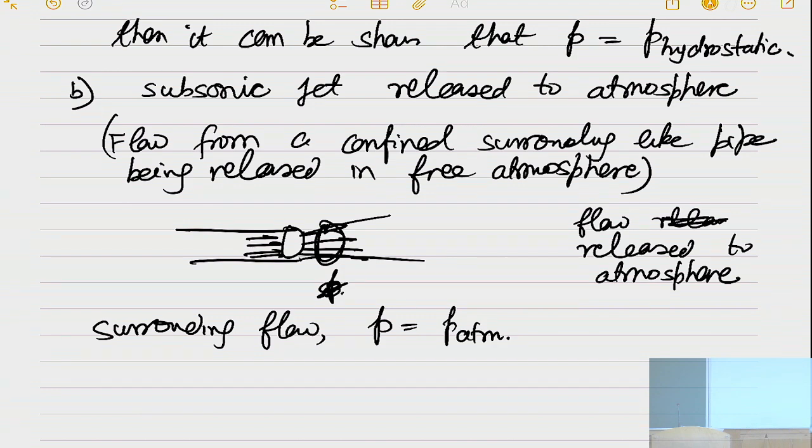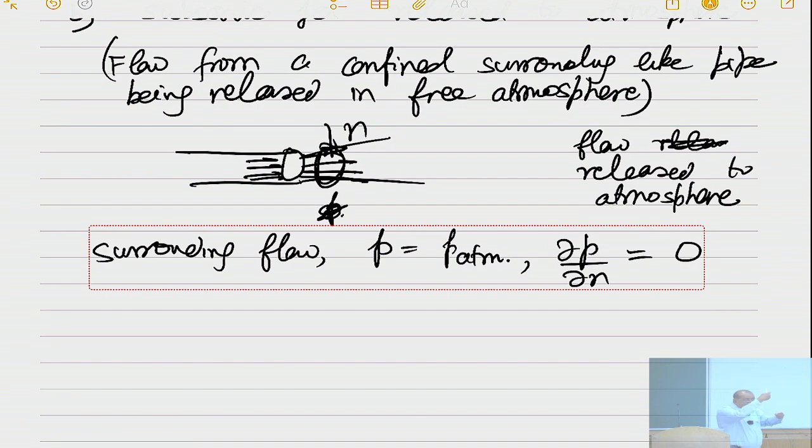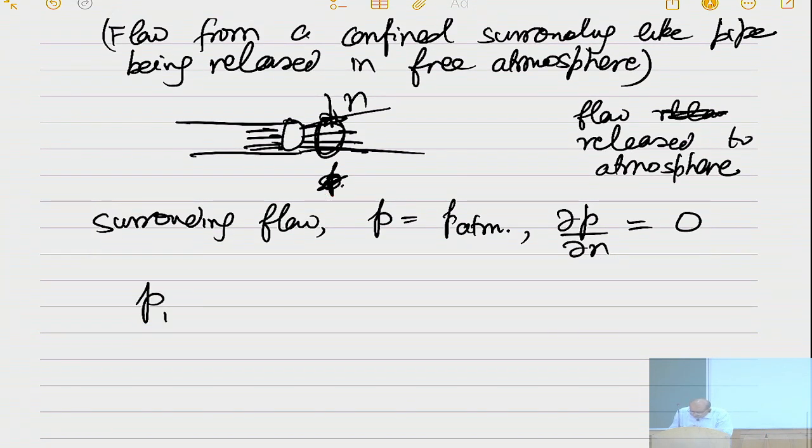Surrounding this jet, at the boundary, pressure is equal to P atmosphere. What one can show is that in this flow, if this is the normal direction, partial P by partial N is equal to 0. Whatever is the pressure on the boundary, normal to the boundary, the pressure at the exit will not change. So in this jet, pressure in the jet is equal to P atmosphere